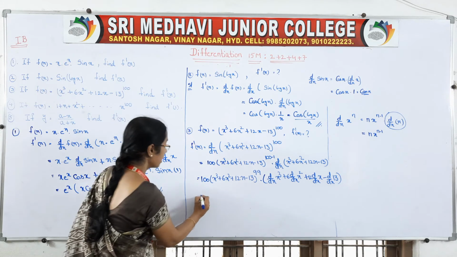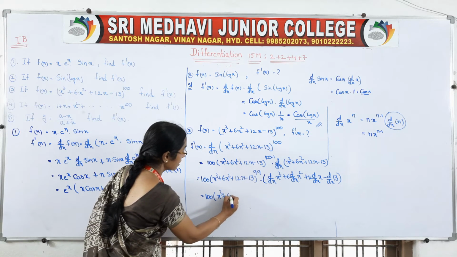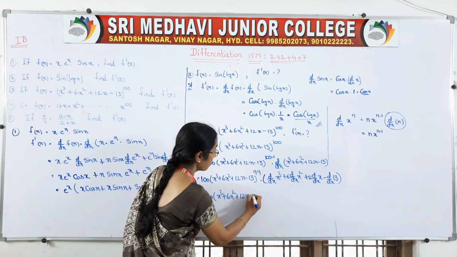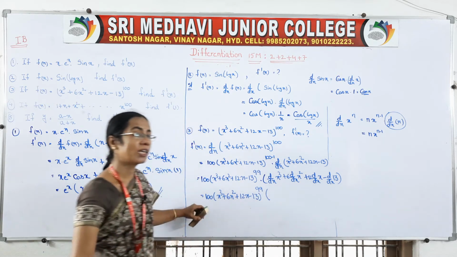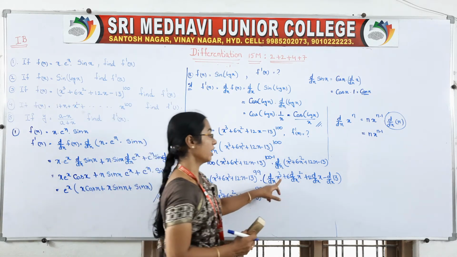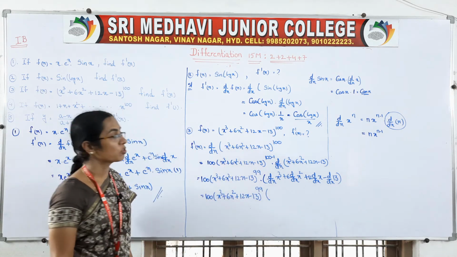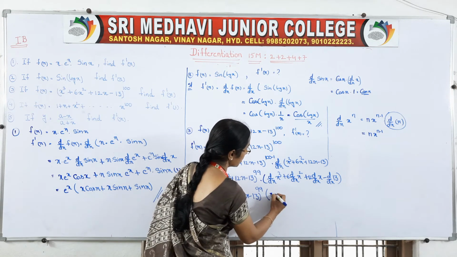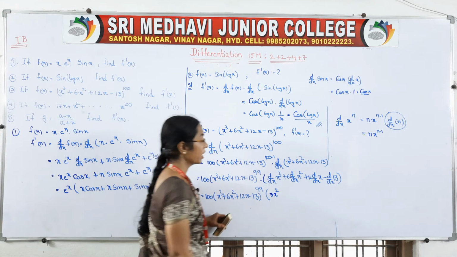Okay, so it is equal to 100 into (x cube plus 6x square plus 12x minus 13) to the power of 99. Come on, d by dx of x cube, right? x to the power of n form, n into x to the power of n minus 1, where in n place we are having 3. So 3 into x to the power of 3 minus 1, that is 2, right?